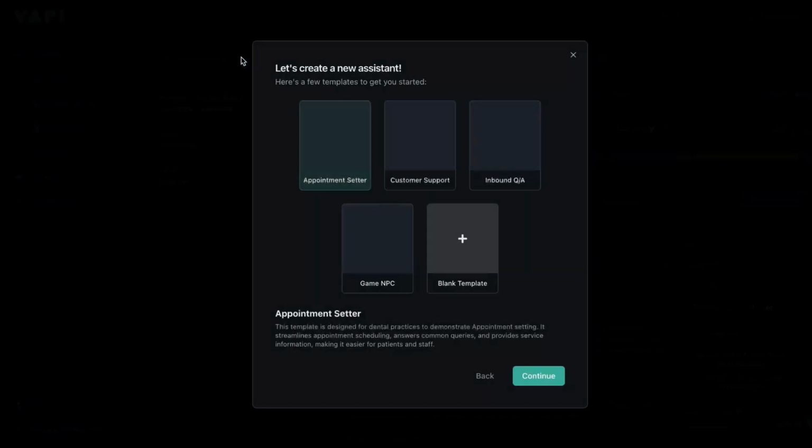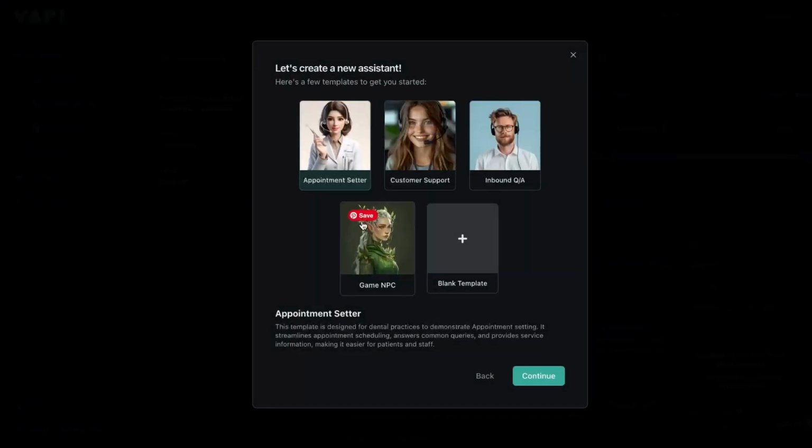Right, so now you get the theory, let's actually show you Vapi in action. So Vapi actually has some customizable templates that you can use, which is great when you first are getting started with a platform, and they cover some of the common use cases. So they've got an appointment setter, they've also got a customer support, and they've also got inbound Q&A. So if you just want to start with one of these three options, feel free. I'm actually going to demo a voice agent that I've built from scratch, and I've designed this to be my own personal assistant.